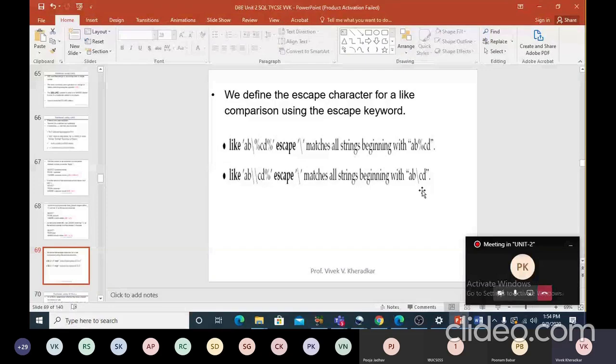The escape keeps that character, but the next character is a part of the string. So it is only applicable if you want to add percentage and underscore as part of your string. It is only applicable to percentage, underscore and slash. Okay, so that is the end of